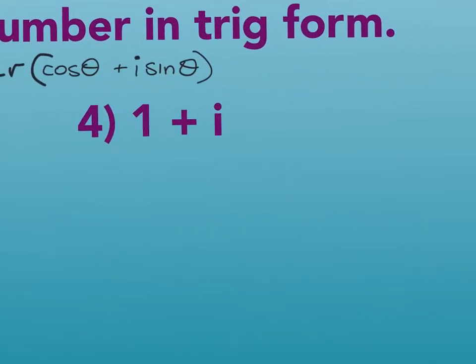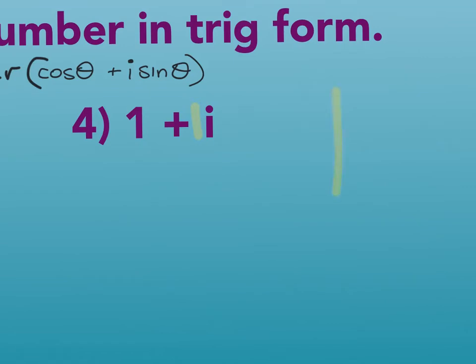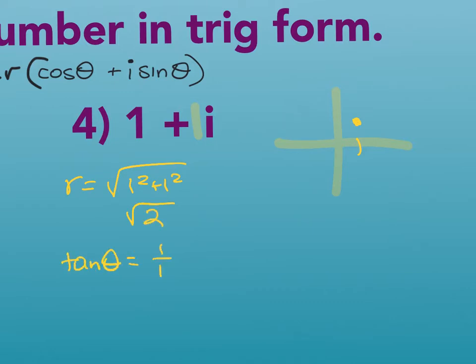Okay, so then for the next one, this is 1 and this would be 1. So I'd be going to the right 1, and I'd be going up 1, which puts it in the first quadrant. My r would be the square root of 1 squared plus 1 squared, or square root of 2. And then tangent of theta would be 1 over 1, which is 1. And we just said that tangent equal to 1 would be in, again, 2 quadrants, which are where? Pi over 4 and 5 pi over 4. But based on where we graphed this, we know which one we're going to pick. Pi over 4. Good. So then I get √2 times the cosine of pi over 4 plus i times the